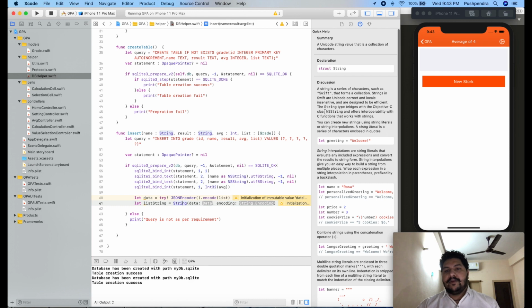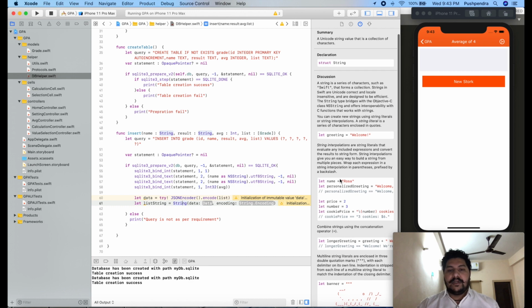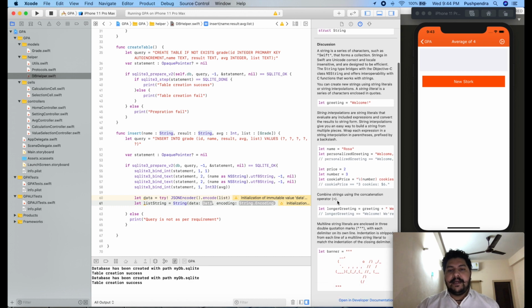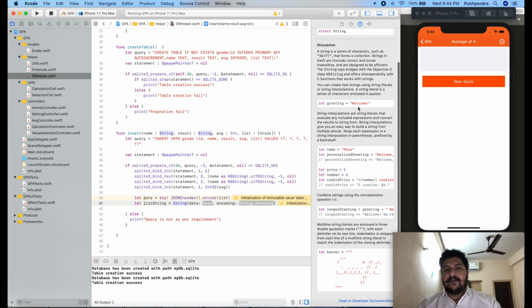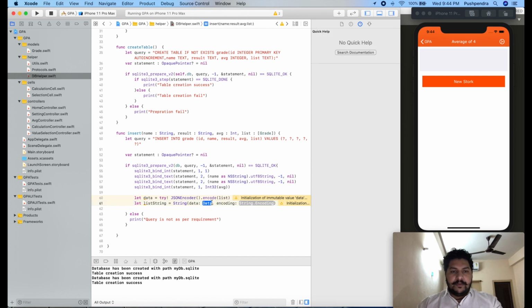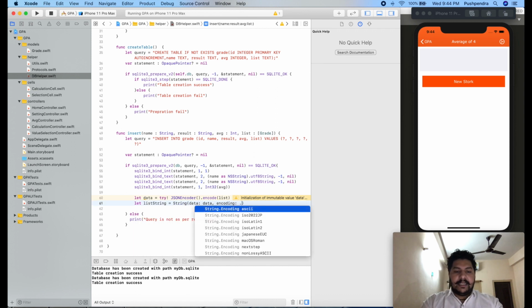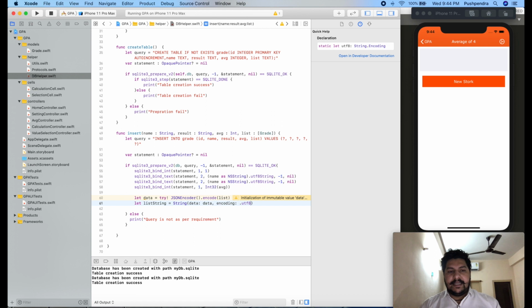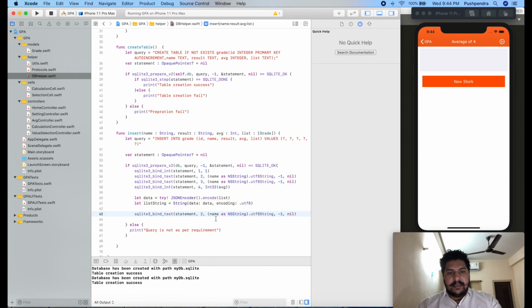If you see what a string is, how we can define that, and what the syntax is, how we can append, and so on, you can find from here. So to be short, the data encoded type is the same, UTF-8. That's great. Now I will append this string into the same format. Okay, and here I forgot to change this to 3, and this one is 4, and this one is 5.